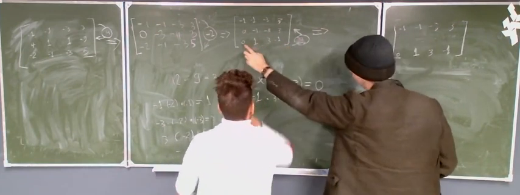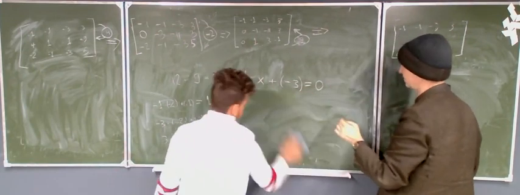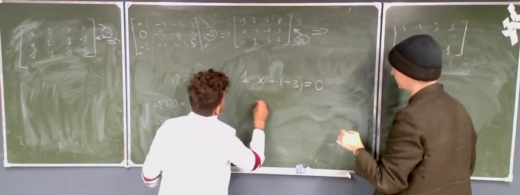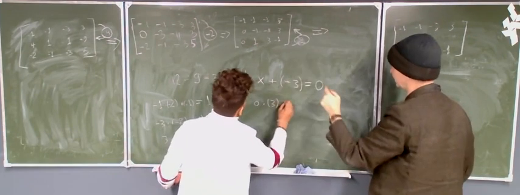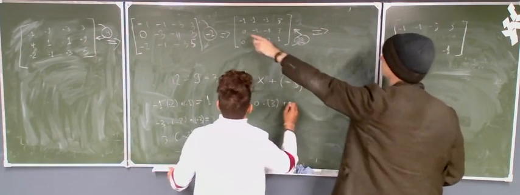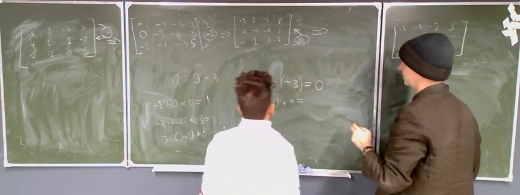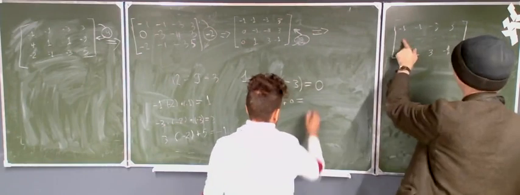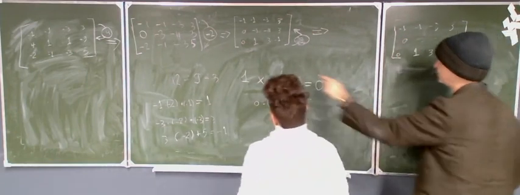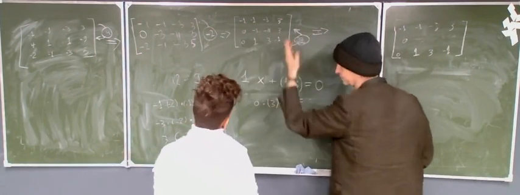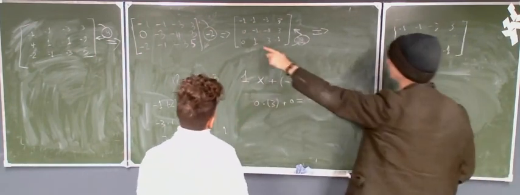Well, you can start with this 0. Okay, then 0 plus minus 1 times 3 plus 0. So here we have 0. And usually, if you see here 0 and here 0, the result always will be 0. So you should omit this 0. You should start with this 1